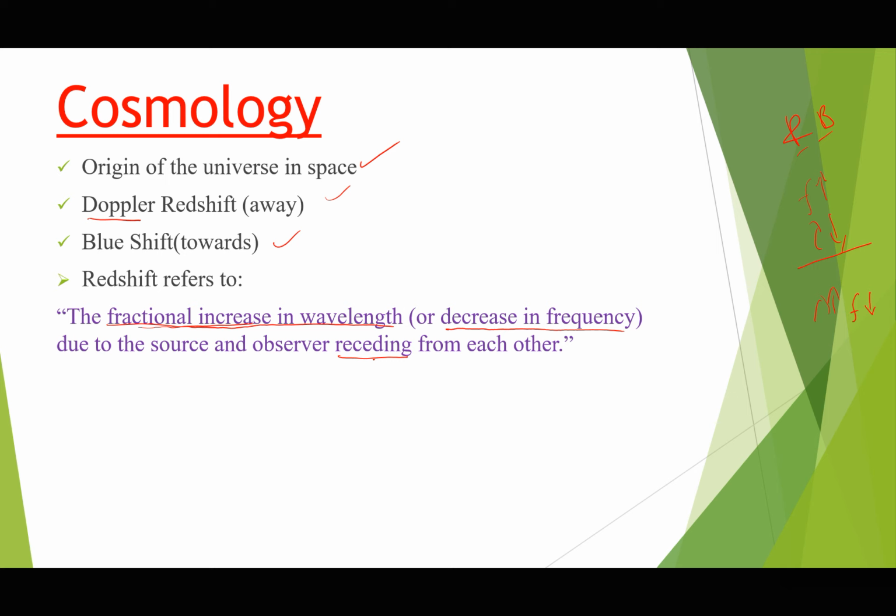So the reason why astronomers observe the spectral lines found in light coming from distant galaxies shifting towards the red end of the visible spectrum is possibly because the wavelength of light is actually increasing. And if the wavelength of light is increasing, what is really happening? Astronomers argue that the space between the source of light and the observer is actually expanding. Maybe the universe is expanding, that's why light is traveling a longer and longer distance every day. That's what we are going to call the Doppler redshift.